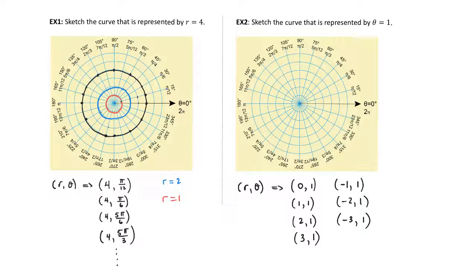So I want to make a point over here again that this one is the origin or the pole because r is equal to 0. So the radial length or the radial coordinate is 0. All right. So then if I start sketching this point 0, comma 1, that's going to be the pole. Then we have 1, 1. So theta equals 1